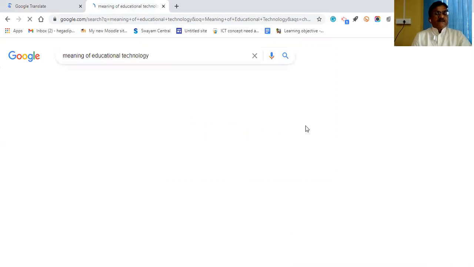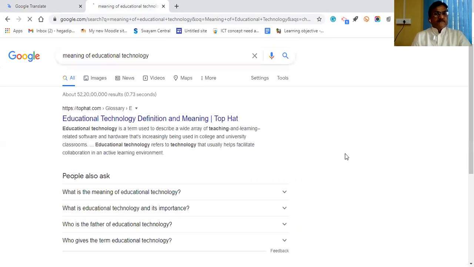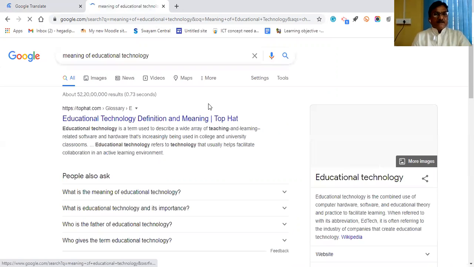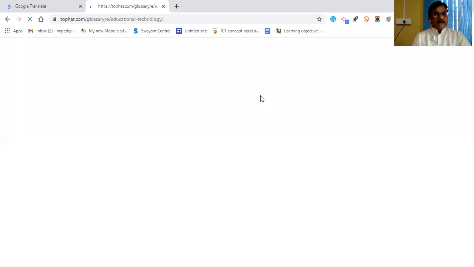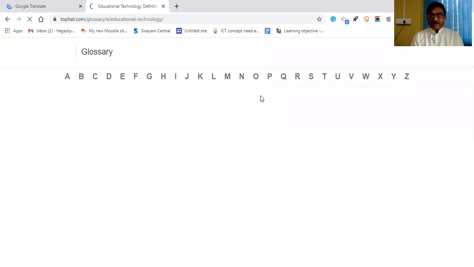Fine. And then I will take this one here, this http topat.com. I will click on that one to get some of the content, text content.